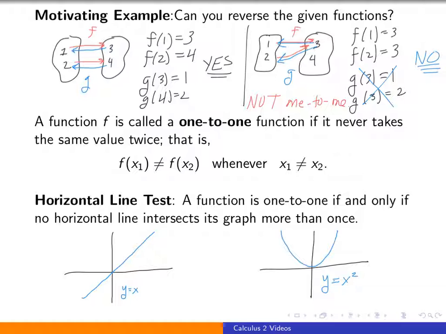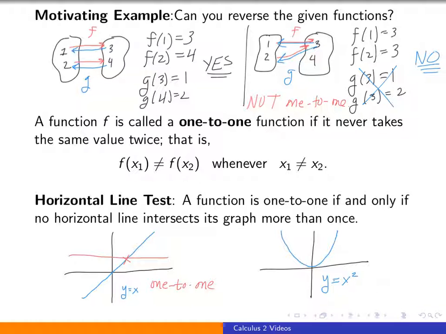And from a graphical perspective, it turns out that there's a really nice way to see if a function is one-to-one. It's one-to-one if and only if it passes a horizontal line test. No horizontal line intersects the graph more than once. So y equals x to the left here, draw your favorite horizontal line, does not matter which one. It's always going to intersect in exactly one spot, but no more than one. So y equals x